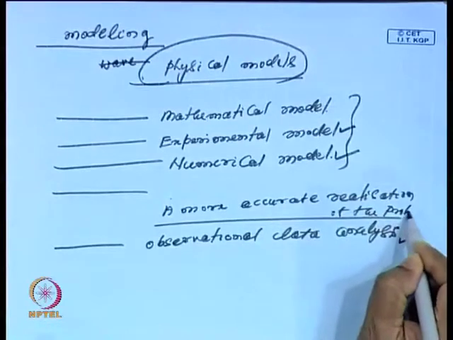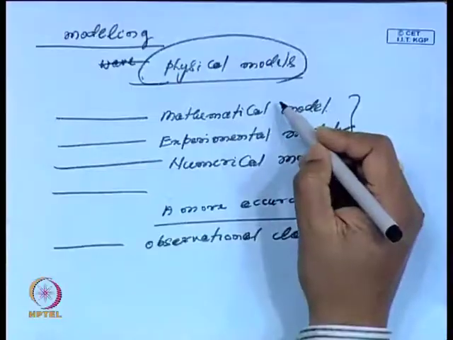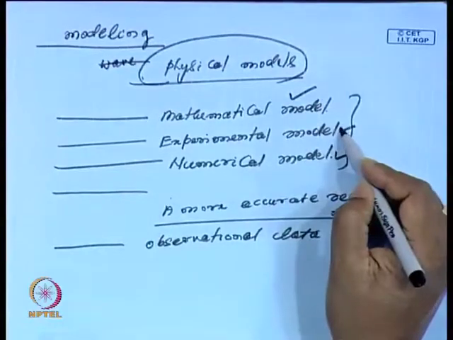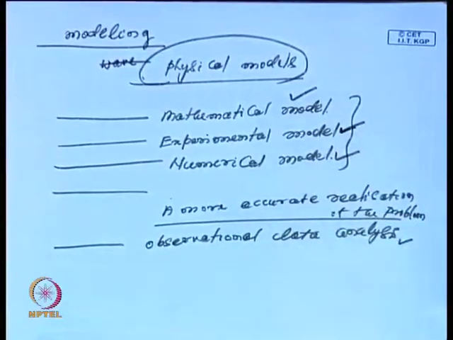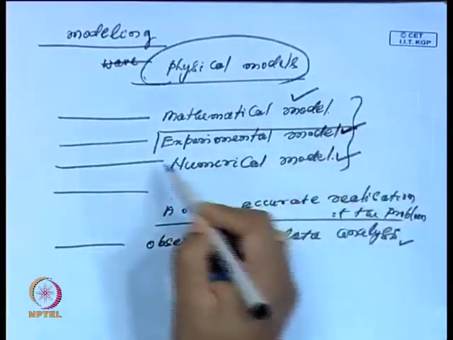But often it is very easy. Sometimes people say, although there are debates, I will not go into those debates, that it is easy to make a mathematical model, or sometimes people say it is very easy to make an experimental model, although there is a large debate on this. But doing an experimental model is always a difficult one